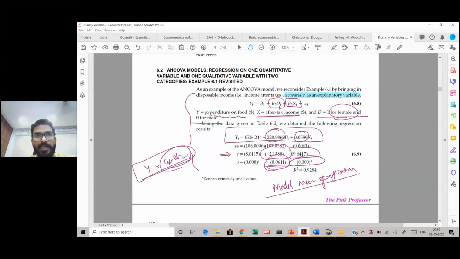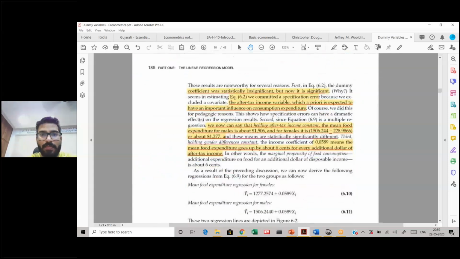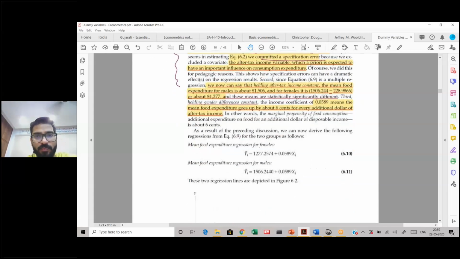misspecification. Similarly, it might be the case that you have added a couple of variables which were not actually useful. If you remove them, some of these statistics might become significant. So if you are adding unnecessary variables to your model, that might also lead to model misspecification. Both adding unnecessary variables and adding fewer variables are cases of model misspecification. How to actually gauge which is the case, we will understand in our last chapter in this course. Now, this is the entire discussion that we were having on model misspecification.